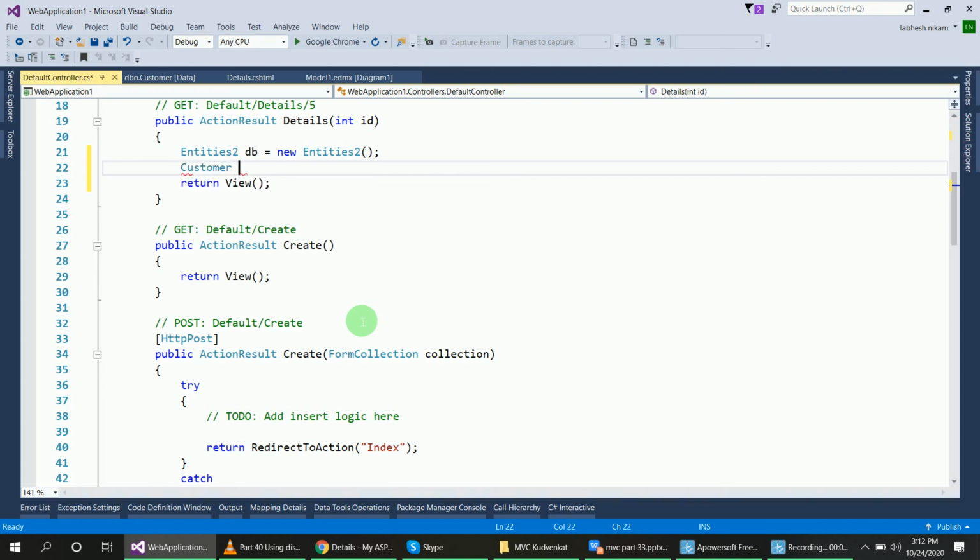So customer equal to db.Customers.Single and pass the id parameter here. So x such that x.CustomerId equals this id parameter. Now we save this and run the program again.